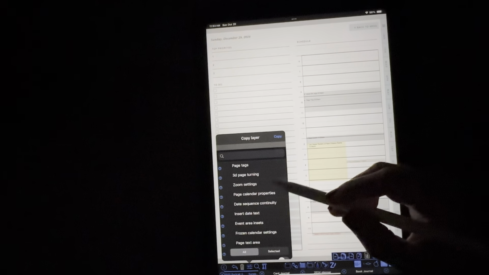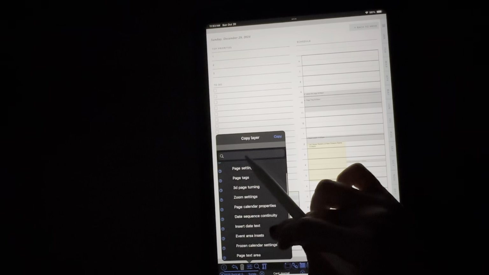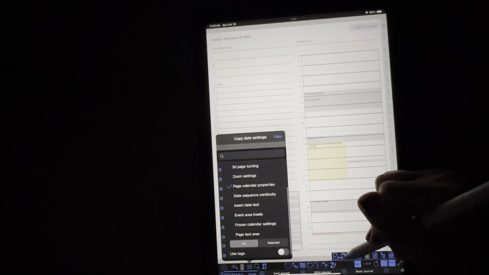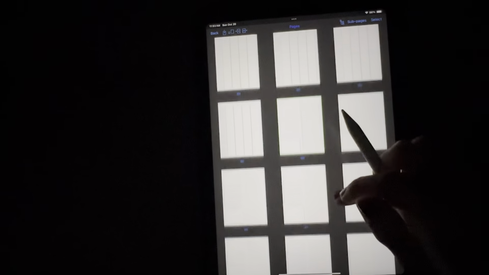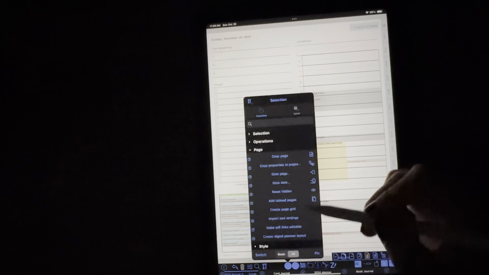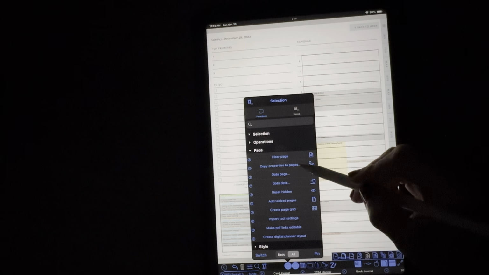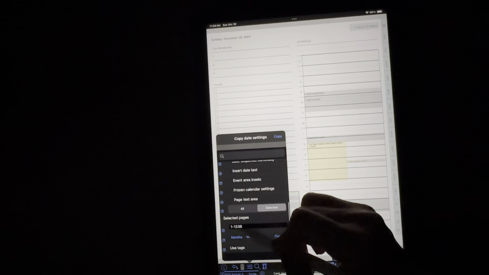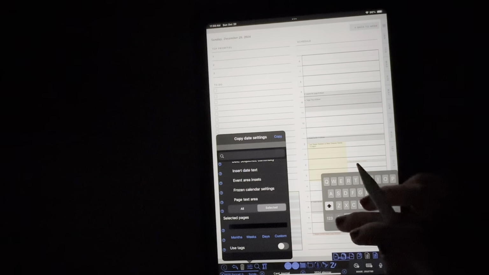So here I'm going to take these calendar features, and I'm going to take the page calendar properties, and I'm going to do it for, let's say, 5 pages, 972. So I'm going to do it to 969 to 972. Okay, so I'm going to come here under page, copy properties to page, page calendar properties for selected, and here I want it to be